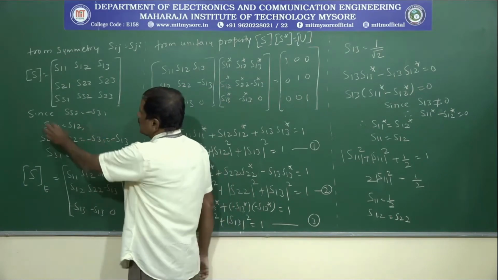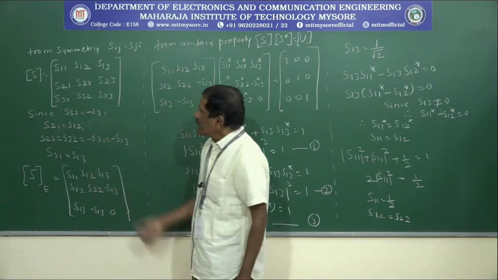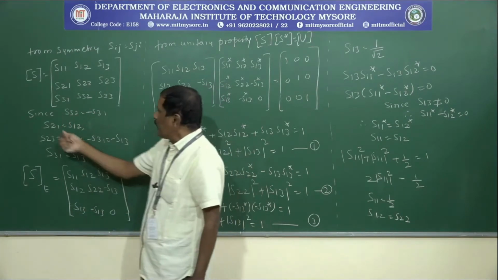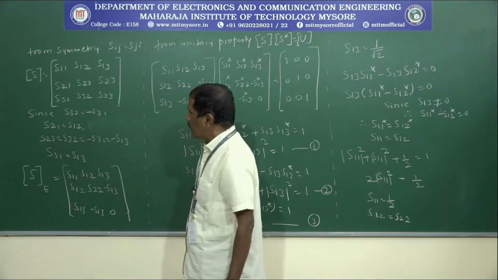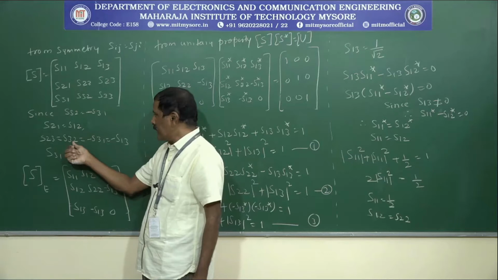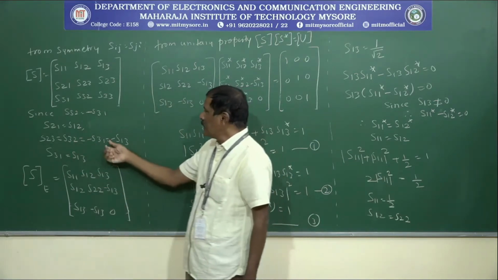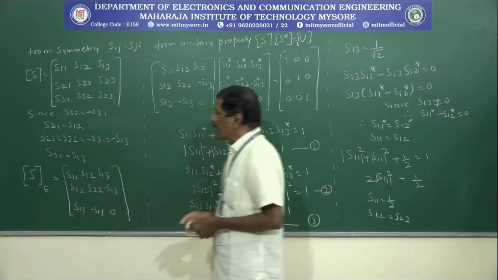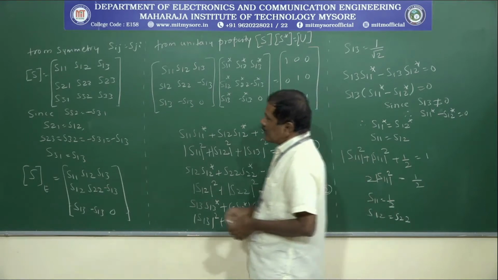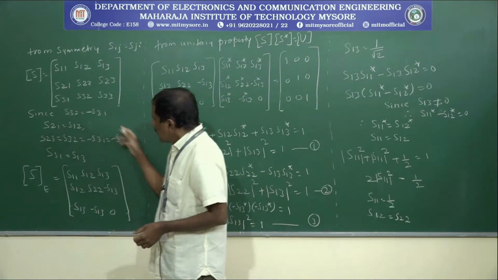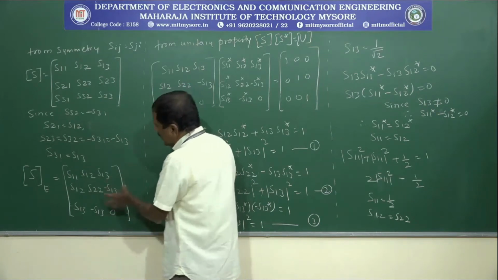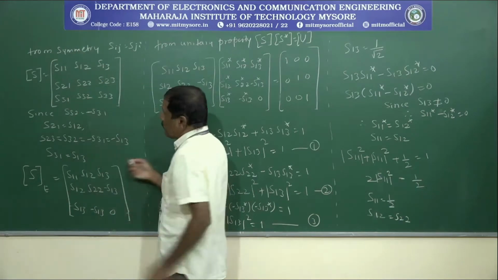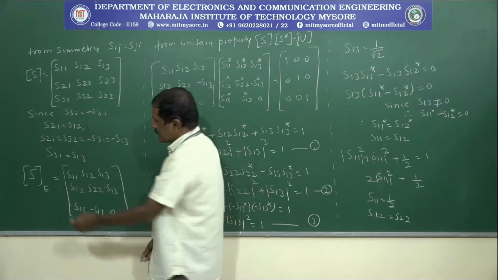Now we know that for the E-plane T section, since S32 is equal to minus S31 and S12 is equal to S21 and S23 is equal to S32, and this is equal to minus S31, and this is equal to minus S13, and S31 equal to S13. So if you consider these factors and replace the corresponding terms in the S matrix for the E-type T section,